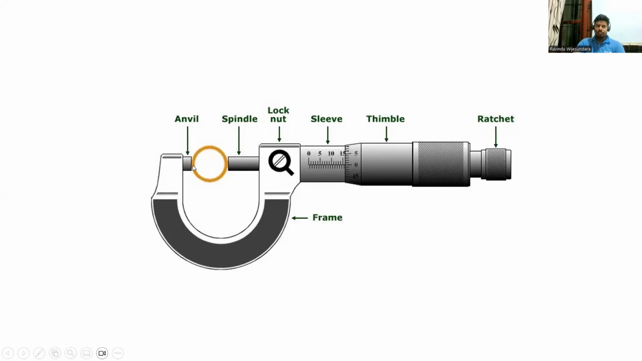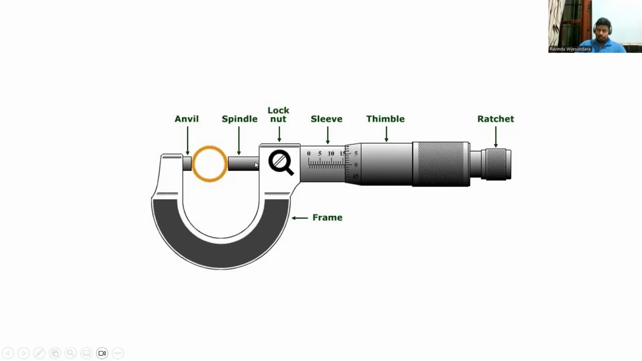Then if this is something like a rubber, the shape of the object will get deformed. If you put a rubber ball or rubber wire or rubber tube here, then when you are applying the pressure, it will get deformed. Then you cannot measure the actual value. So to avoid any over-tightening, there's a special mechanism called the ratcheting mechanism. When you keep an object and turn this one to move the spindle towards it,